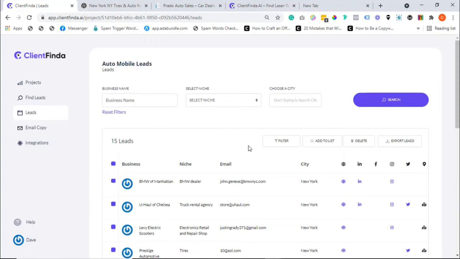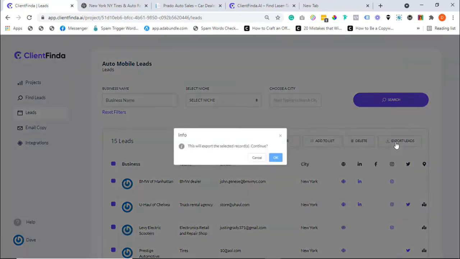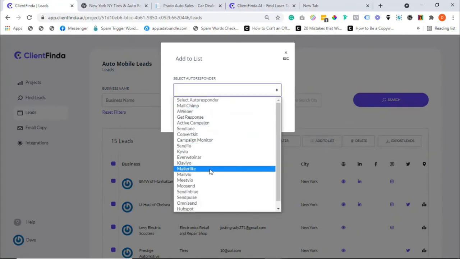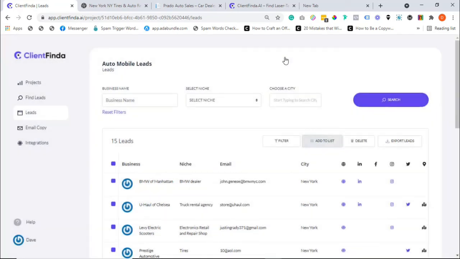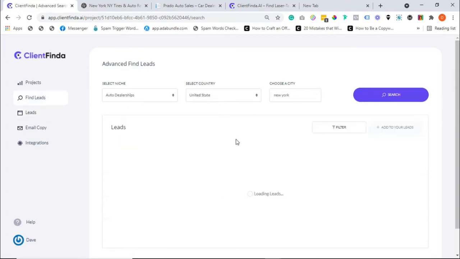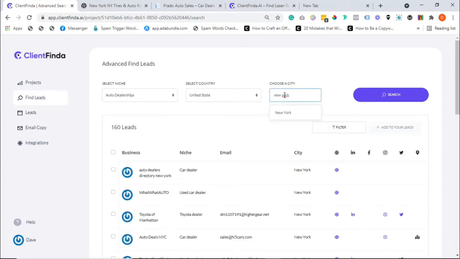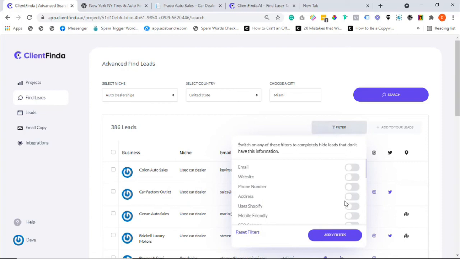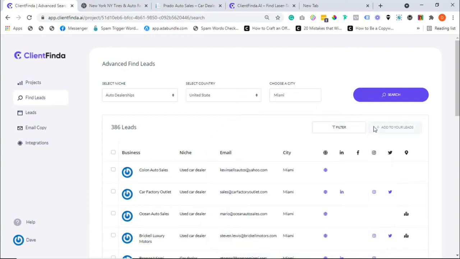So after filtering and thinning down your search results, you can decide to export them into a CSV file, or better still, add them to your autoresponder account in only a few clicks. And yes, we have all the major autoresponder service providers integrated right inside the Client Finder app. Nothing beats this, really. Over here, you have the option of running an advanced lead search within the same project. Maybe you decide to target a different niche or a different location. You can decide to go laser targeted again using the filter option and then add only the qualified leads to